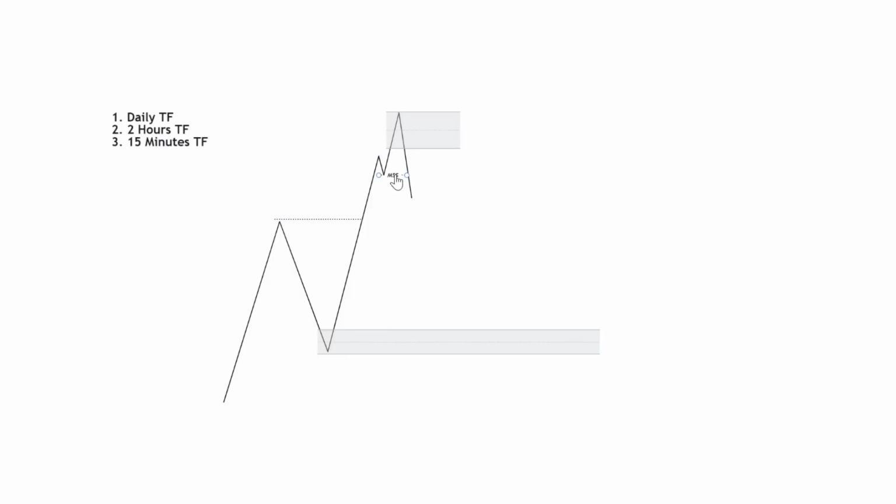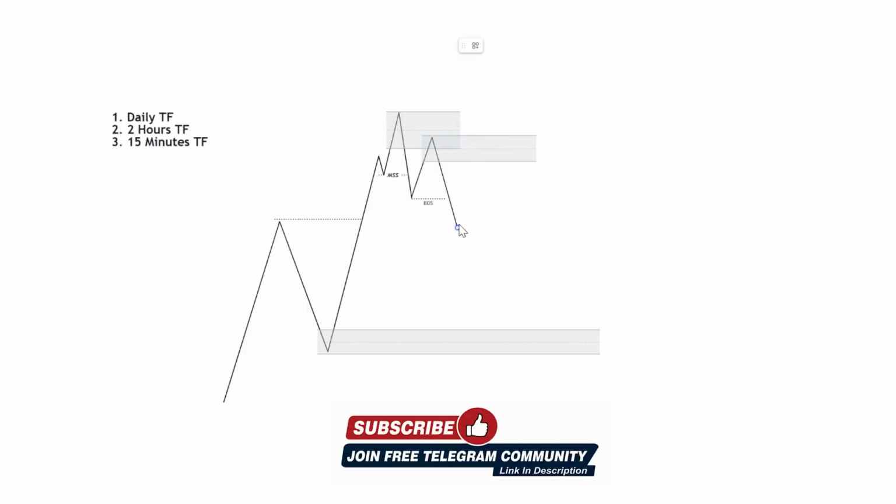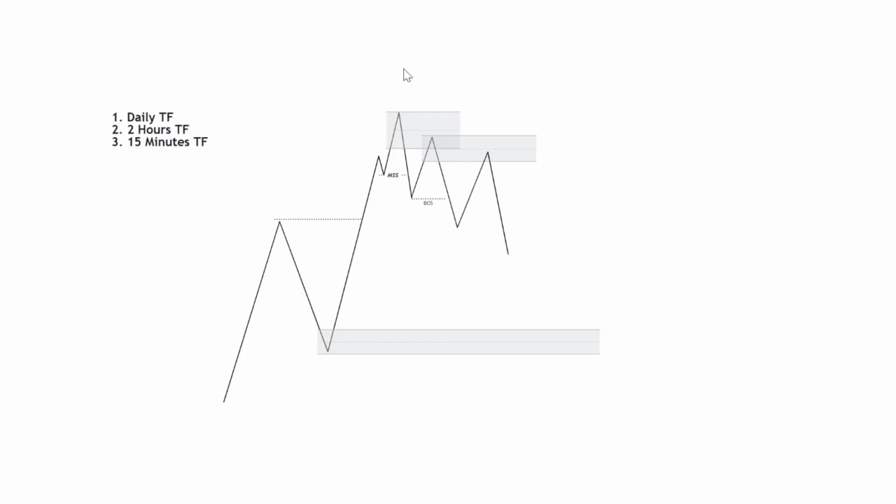Now at this point, when we got this shift in structure, what is your expectation? Your expectation is that price is going to react, mitigate our supply zone, and we're going to anticipate another continuation to the downside. Now we actually have another break of structure right here, a break of structure to the downside. What is your expectation? Your expectation is that we're going to have another mitigation back into this range and a continuation to the downside. Seeing price react this way shows that we are in a bearish order flow